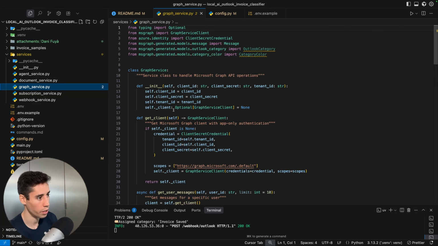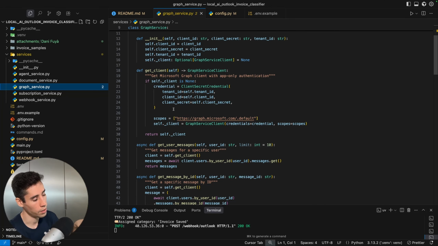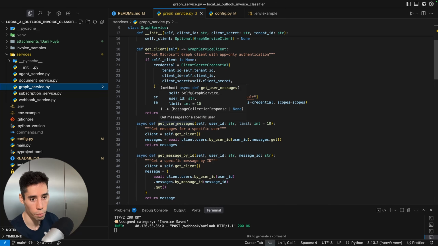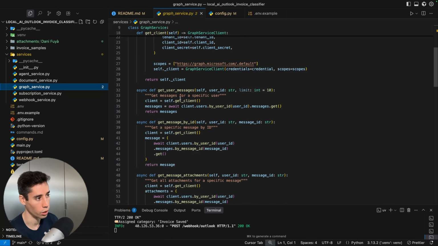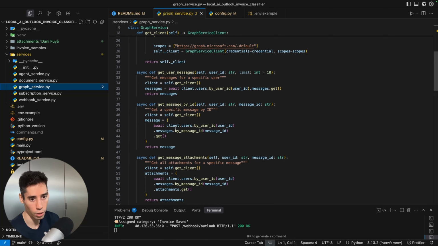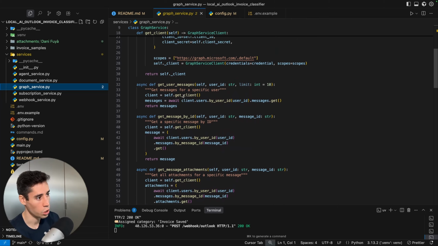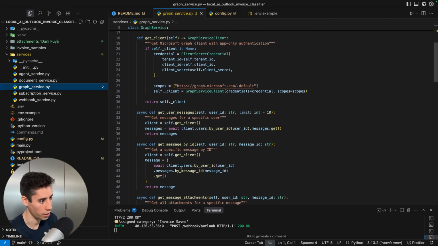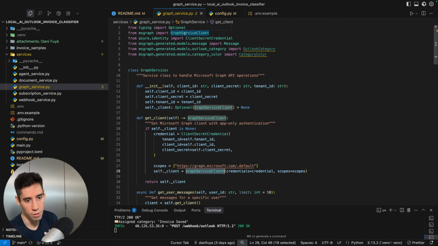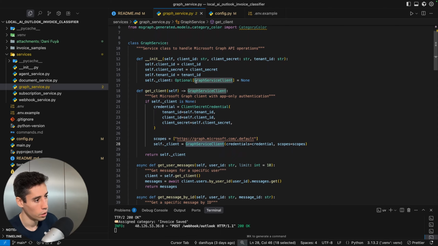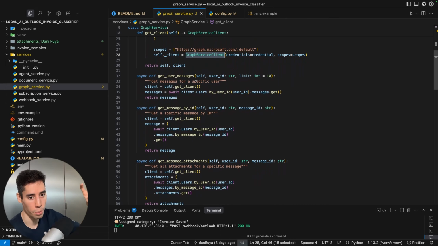Now, if we go to the graph service, this service contains the different methods to extract information from Outlook. So we can get the user messages. A message is an email, actually. So we can get the emails of this user. We can get an email given its ID, get the email attachments, etc. So each of these different functions that you see inside these methods are just provided by this graph service client. This is a library that is already provided by Microsoft, so we have not coded. So actually, that's it. We are just abstracting some methods